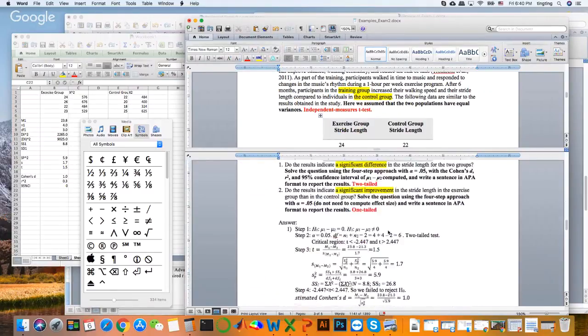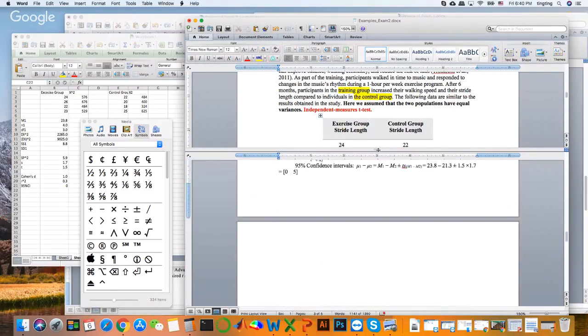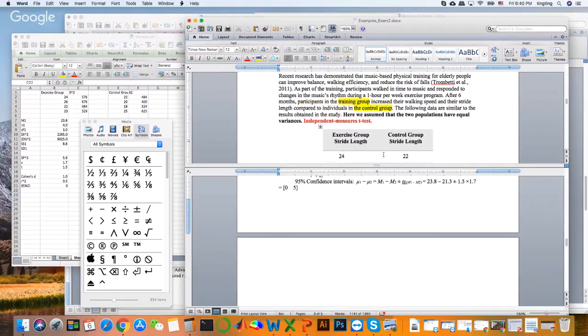Let's try to write the sentence to report our result. So this is our question. In participants in the exercise reported